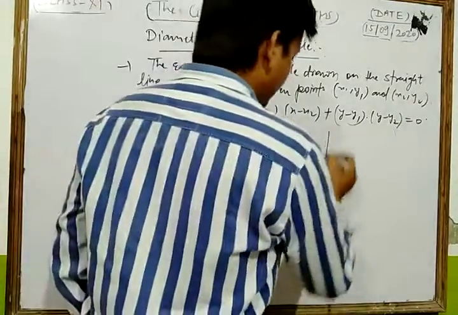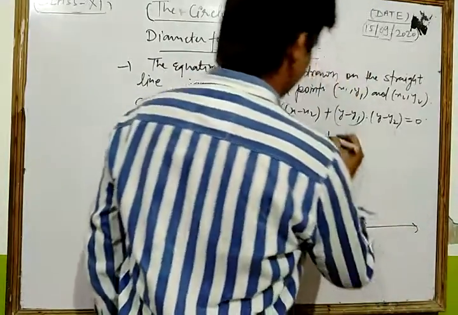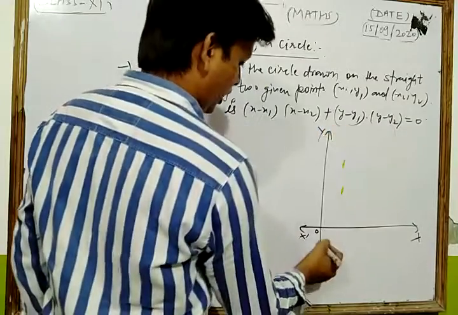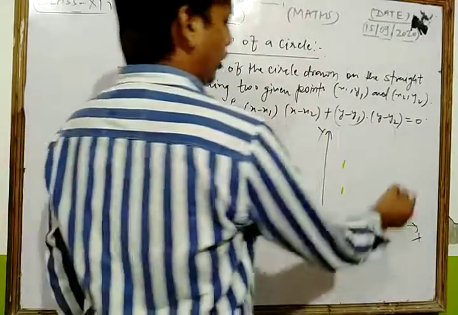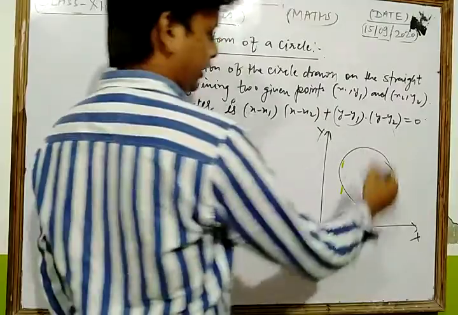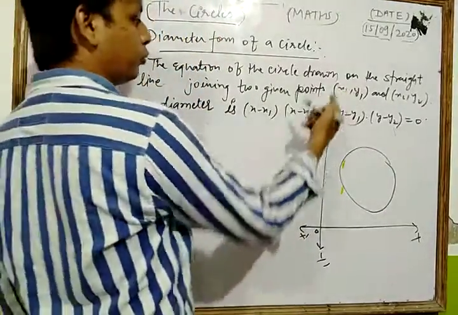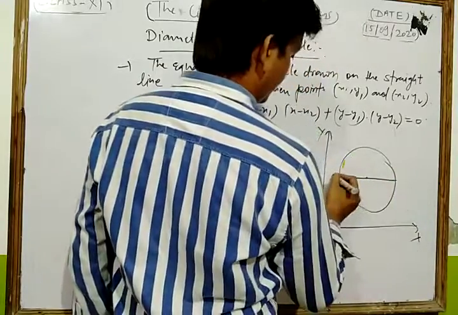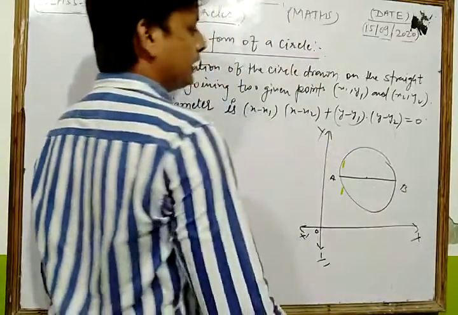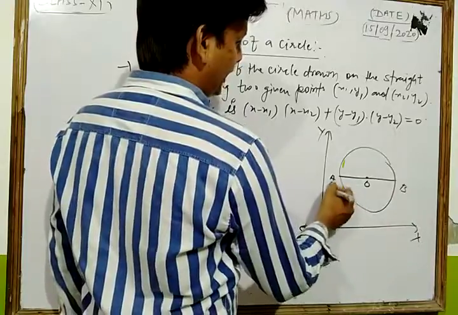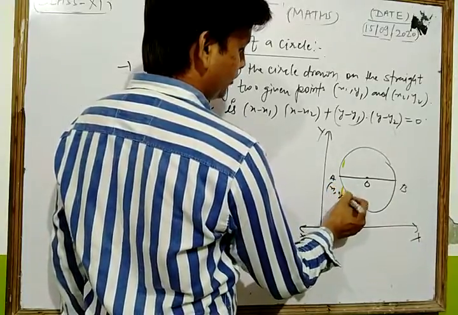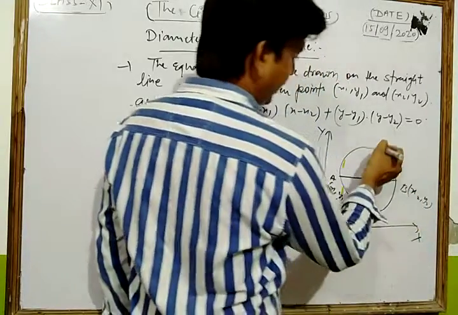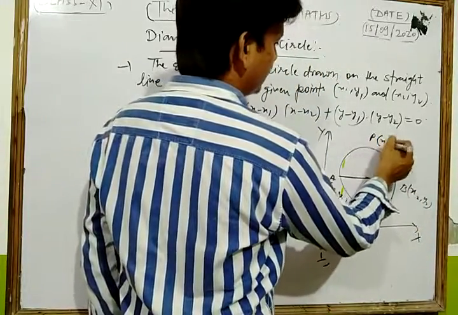Dear student, first of all we draw a coordinate axis, x dash y dash. Now we draw a circle in this way, and here this is the point with its coordinates. Now let's see, C is the center and we join in this way. Here AB is the diameter of the circle with center O, having coordinates x1 y1 and here coordinates x2 y2. Now let P be any point xy on the circle.